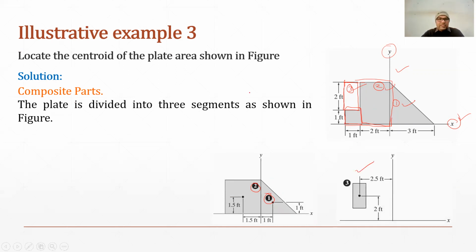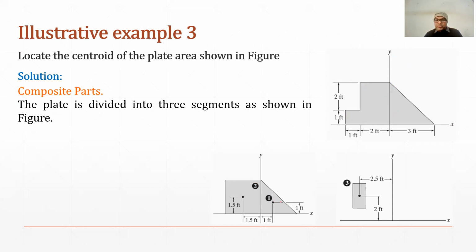Now our next step is to find out their x bar and y bar. Because this is an area, we will find out x bar and y bar for each of the three areas with reference to the x axis and y axis. You can see the third area is slightly away from the y axis and x axis, and in the figure also you can see this figure is away from the y and x axes. So we have to locate it exactly at its position.